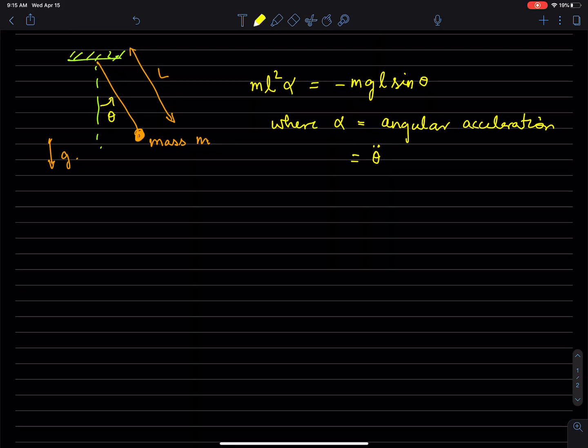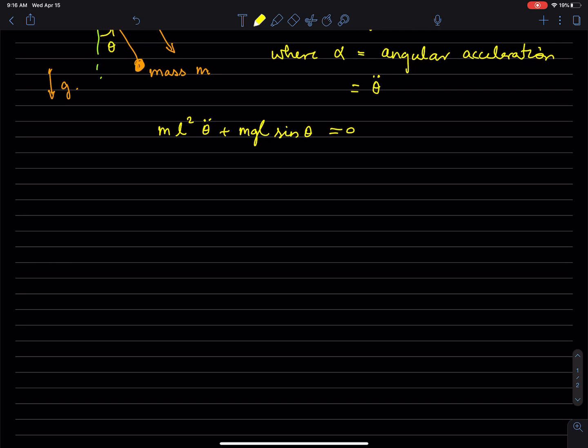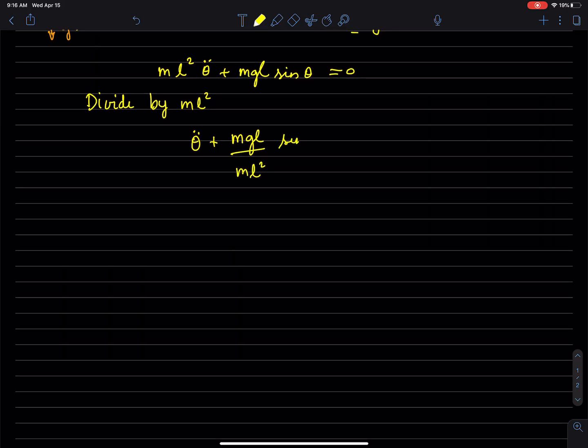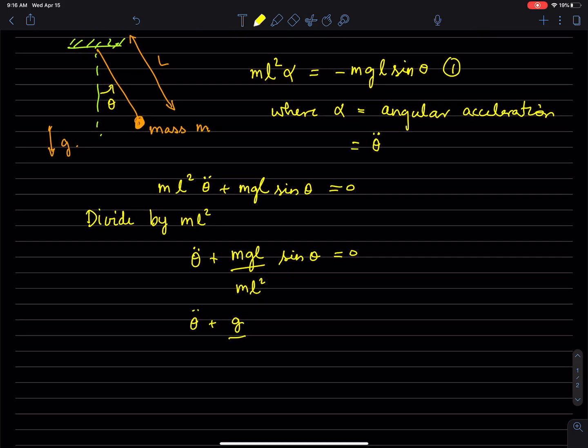Let me call that equation 1, and then let's rearrange it slightly. Ml square theta double dot plus mgl sine theta equal to 0. We can simplify this if we want, so we can divide through by ml square, and we get theta double dot plus mgl divided by ml square sine theta equal to 0, or theta double dot plus g over